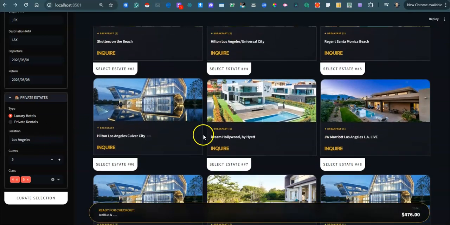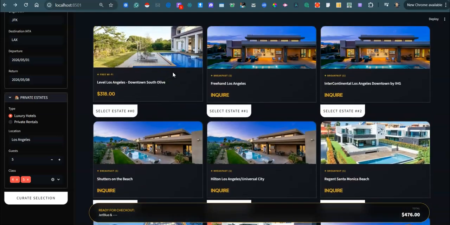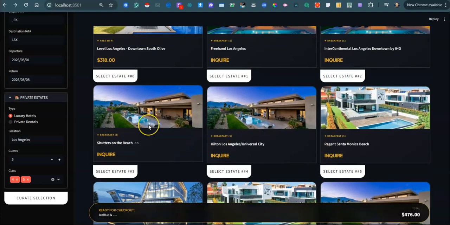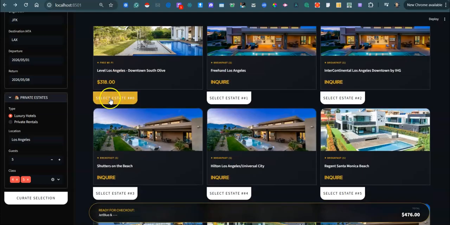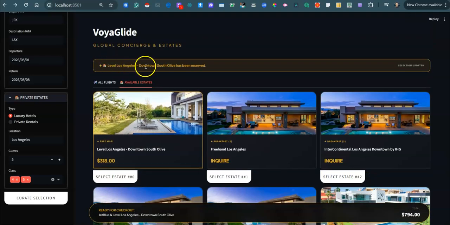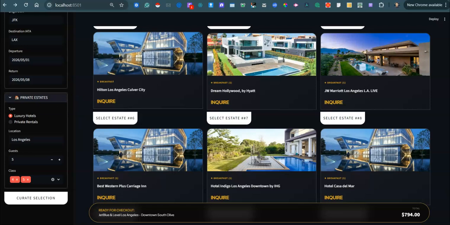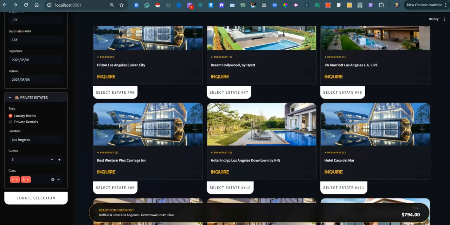Now, here are the hotel cards with images, amenities, and rates. Okay, so we're going to click on this estate. And as you can see here, Los Angeles, downtown South Olive has been reserved and it will all be added to the cart, right? So what we're going to do here next, the user has the option to select the options,